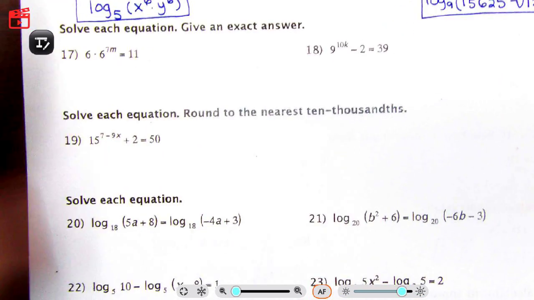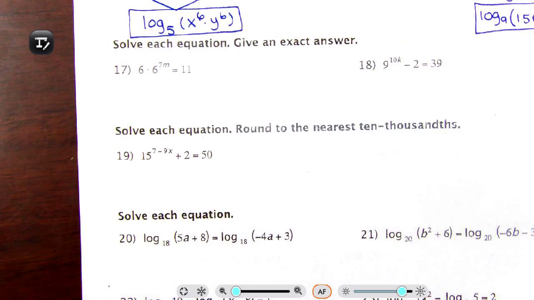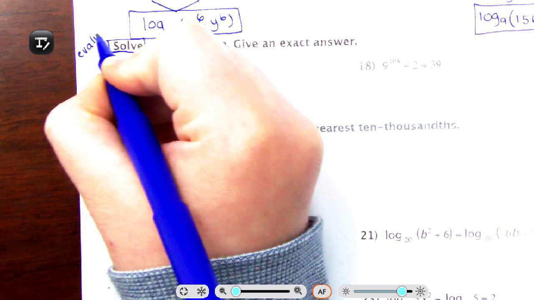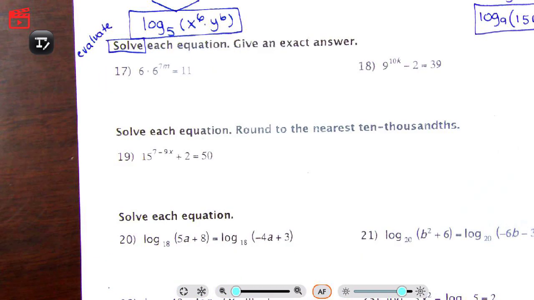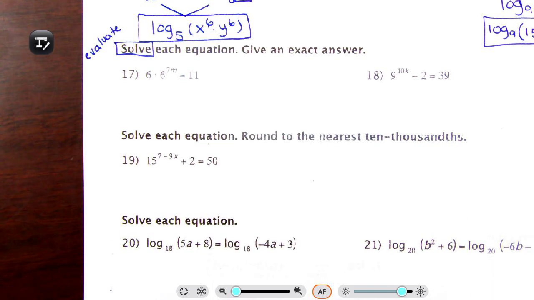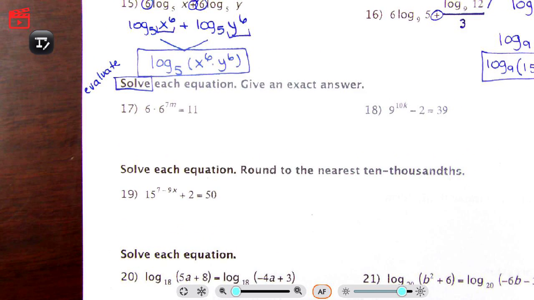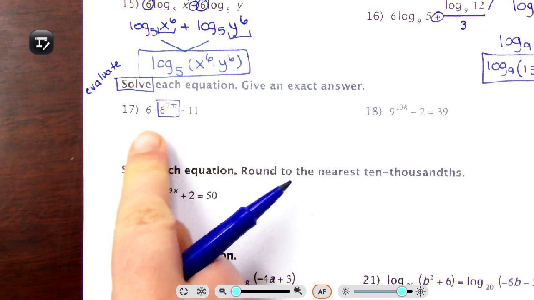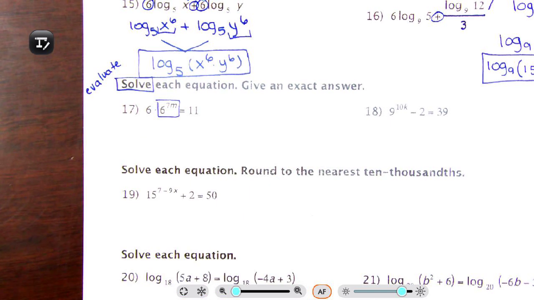Look at number 17. It's asking us to solve each equation. So again, evaluate or solve, same thing. Whenever you see that, be careful. Don't let the words mess you up. Solve each equation, give an exact answer. Do you see how this exponent right here has that variable? So that base and the exponent are glued together like in a bubble, okay? So you cannot unglue them. You cannot undo